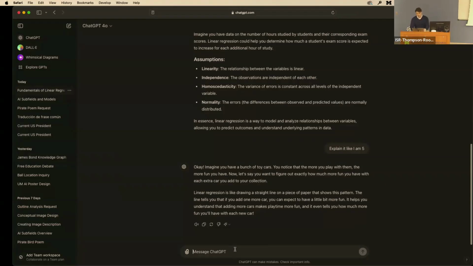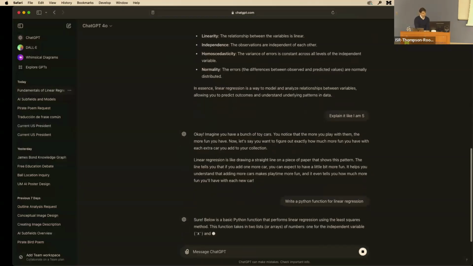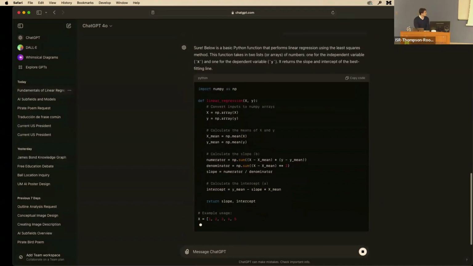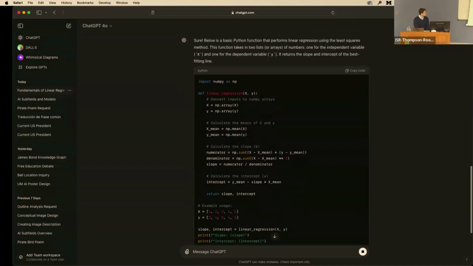So the next thing we'll do is we'll say, write a Python function for linear regression. And that looks just about right.